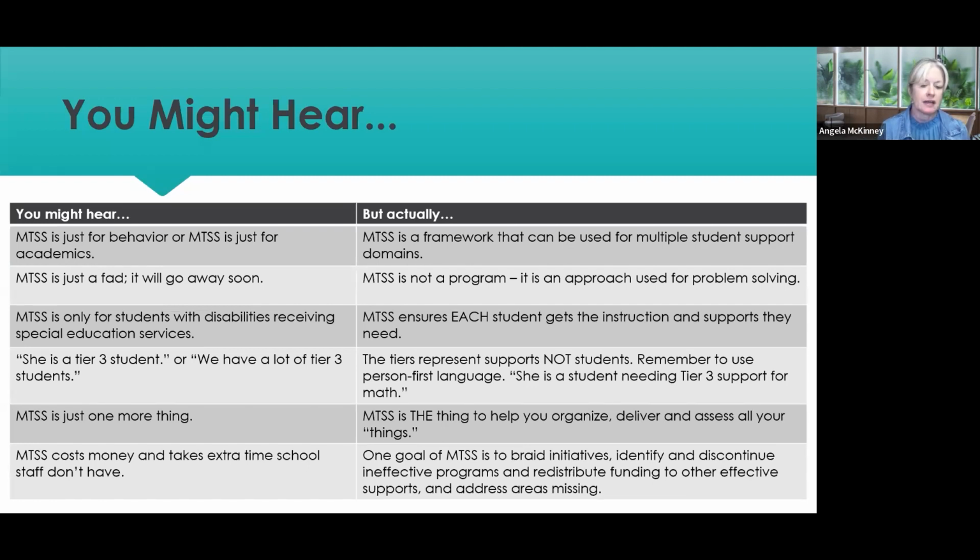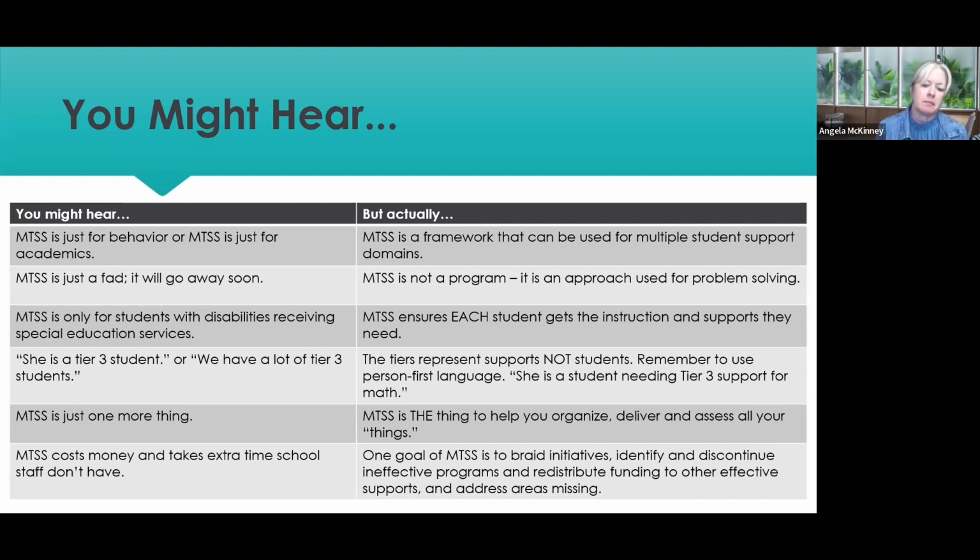We know that they're all interconnected and intertwined, and we try to look through that whole child approach so that we're always making sure that if we're supporting academics and there's some behavior or mental wellness concerns, we're building those right into what we're doing, because they're going to work better when we consider them as kind of the whole package. It is definitely not for students with disabilities solely, and it's not about leaving them out of these interventions. It is everybody all the time. This is just how we operate, is using this framework. So a lot of things out there that are kind of misconceptions.